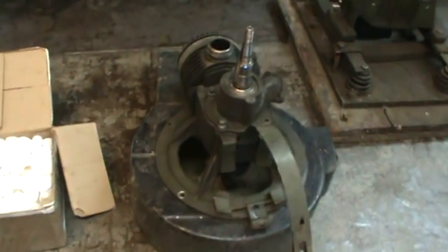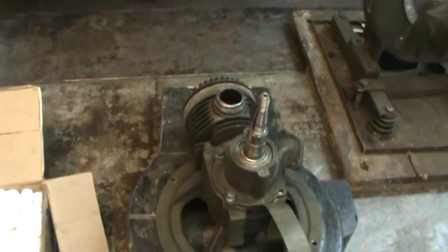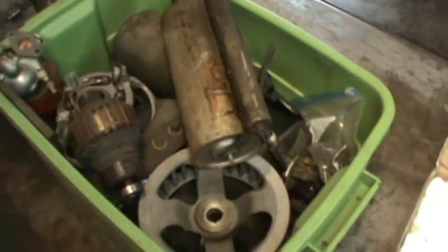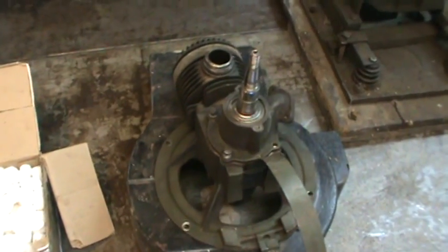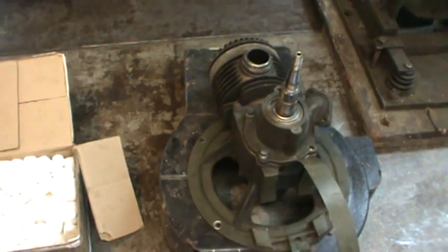Alright, so I got a little bit of time, and I decided to take the generator motor back out. It's been hanging out in this little tote right here with all its bits and pieces. I want to see if we can go a little bit further along with working on getting this to be a viable engine to fit on a bicycle. And having done that with the last video that we had,